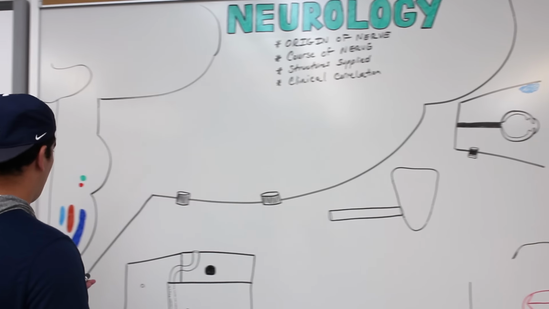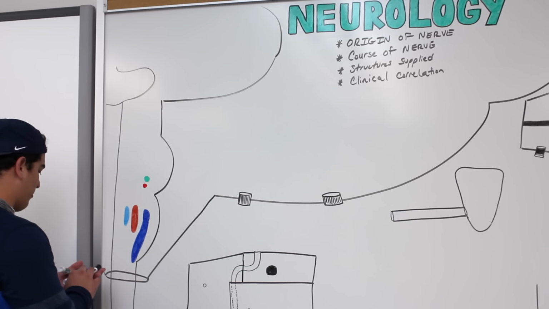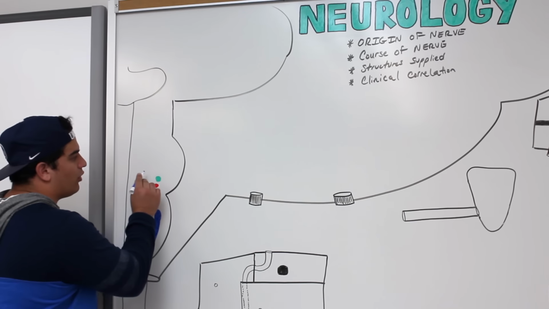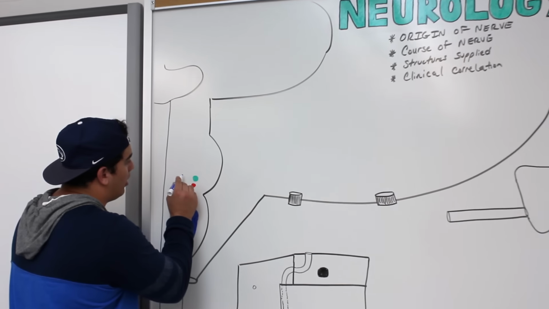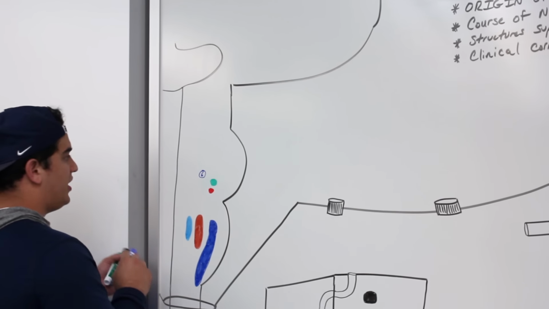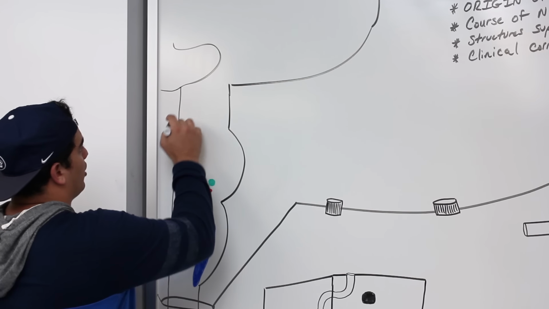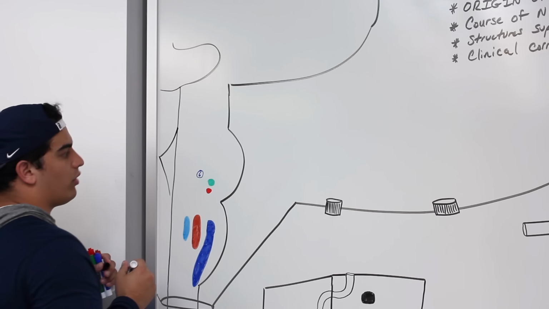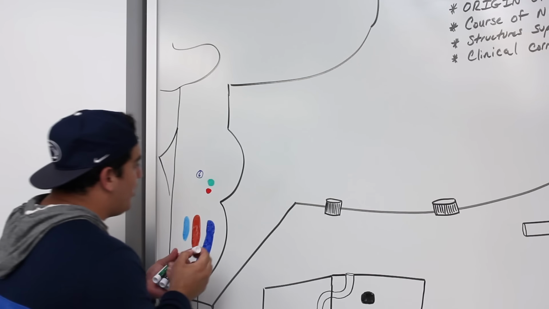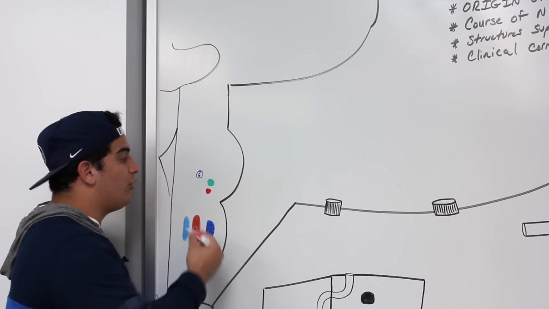So the first thing we're going to look at here is the facial nerve. If you remember when we talked about the abducens nerve, it was located right here in the pons also. And if you remember, here was your sixth cranial nerve, the abducens nerve. And what's this structure right here? This is the fourth ventricle. The facial nerve is extremely interesting because it has many, many different nuclei